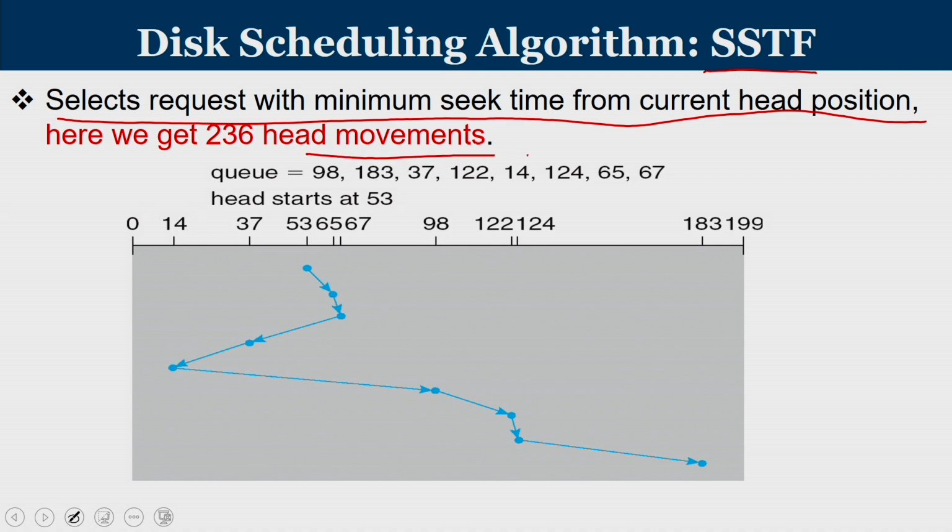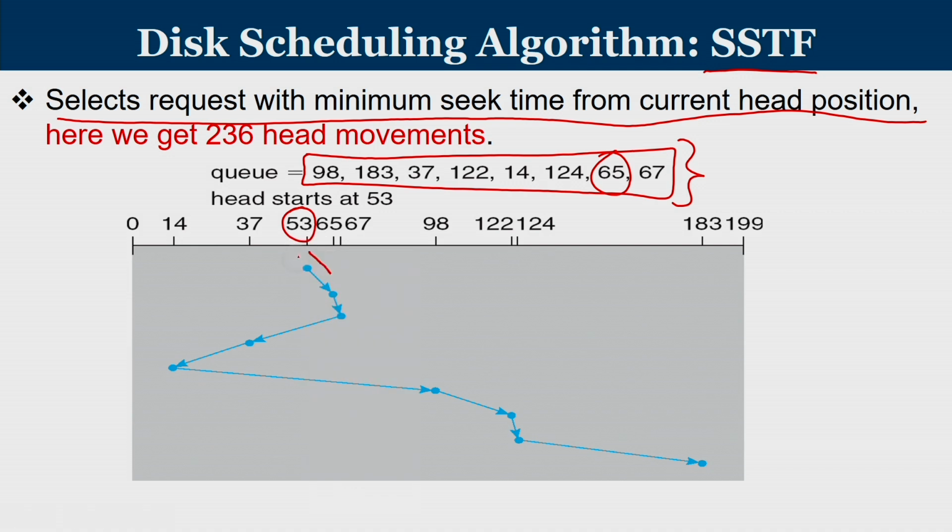So, these are the requests that are already there in the queue, and we know that currently my head is at 53. Now, look into this queue and find out which is the closest to 53, and we know that 65 is the closest. So, even though 65 has come a little late or 98 has come very early, I am not going to process 98, I am going to move my head from 53 all the way to 65.